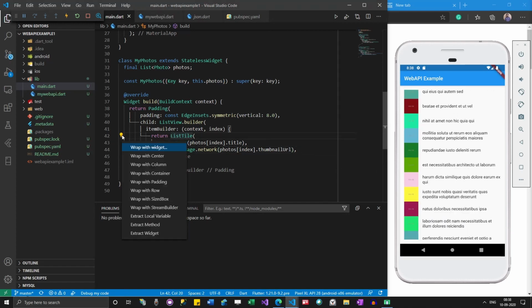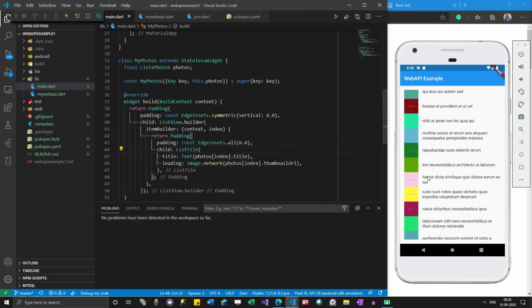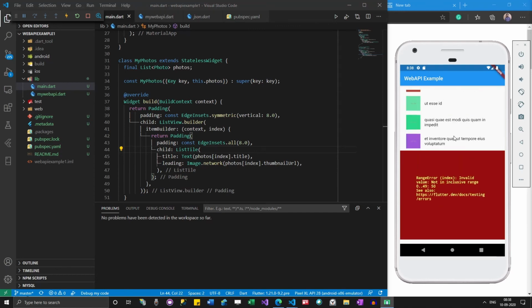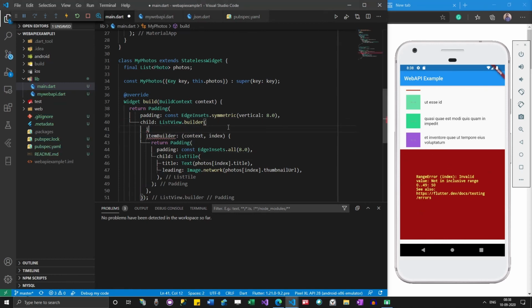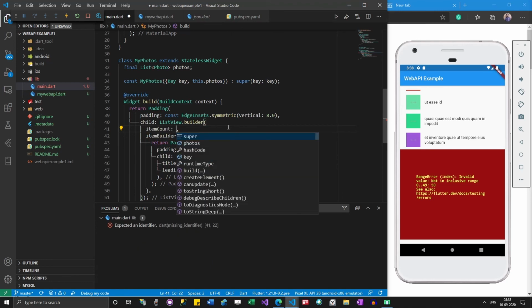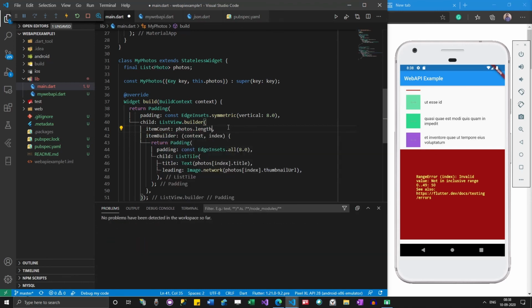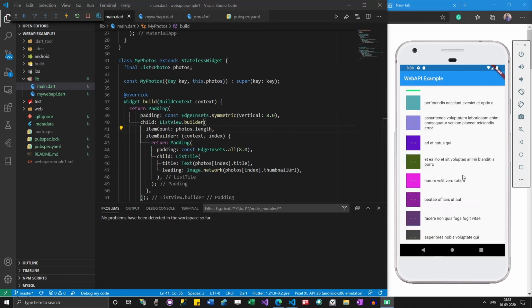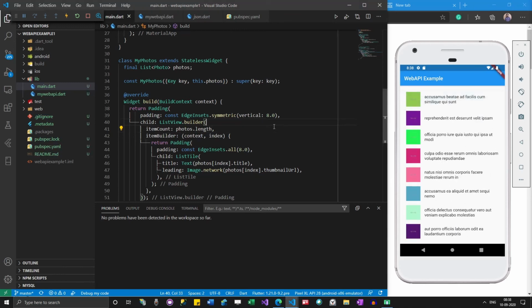Let me add some padding to each list item. Now everything is working fine, but we have some error, like a range error. How you can resolve that is by giving itemCount. Okay, now perfect, right?